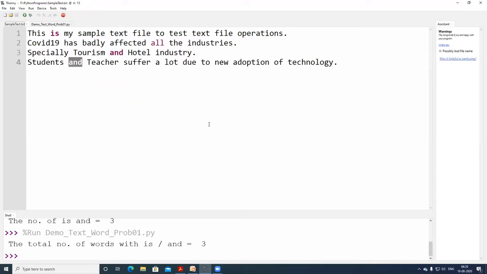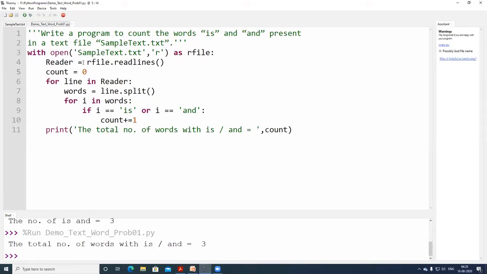So again I repeat, cracking this particular problem is very simple. I am reading all the lines and storing them in an object called reader. Reader contains all the data. You read line by line, using a variable called line. Since it has one row of data, you split the entire row into words, for which I use the split command.